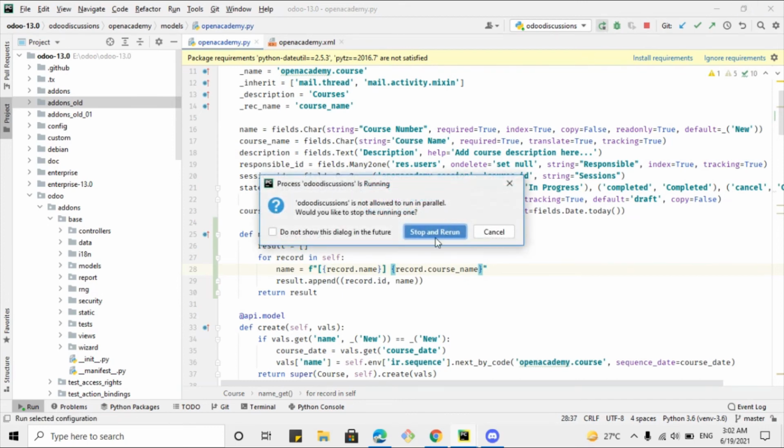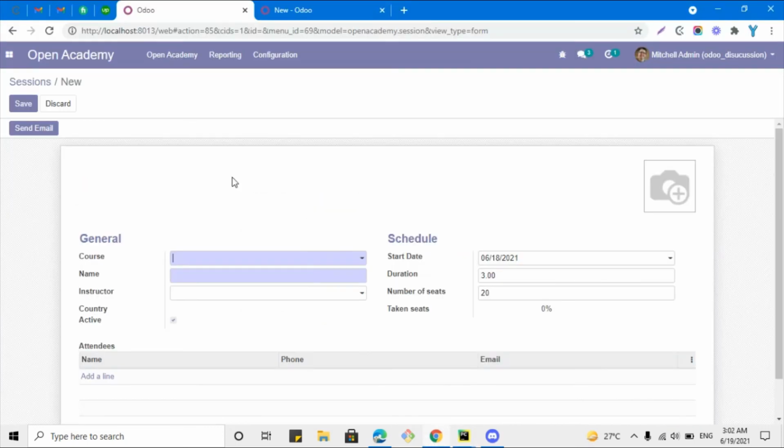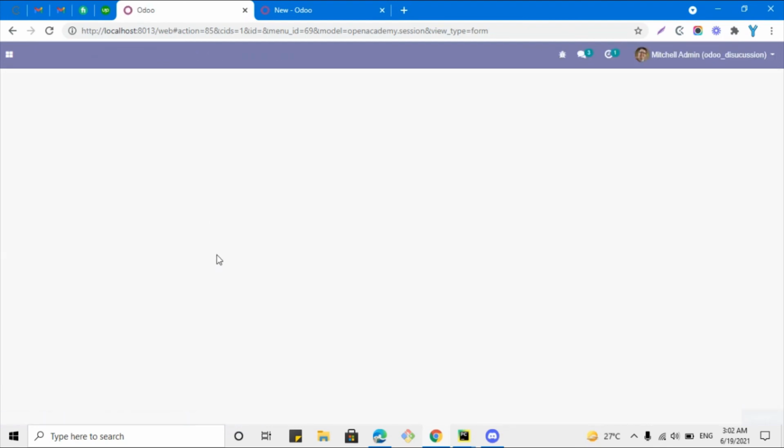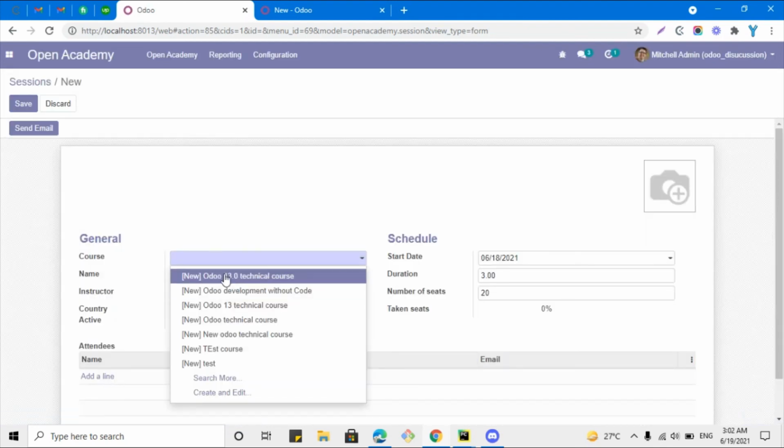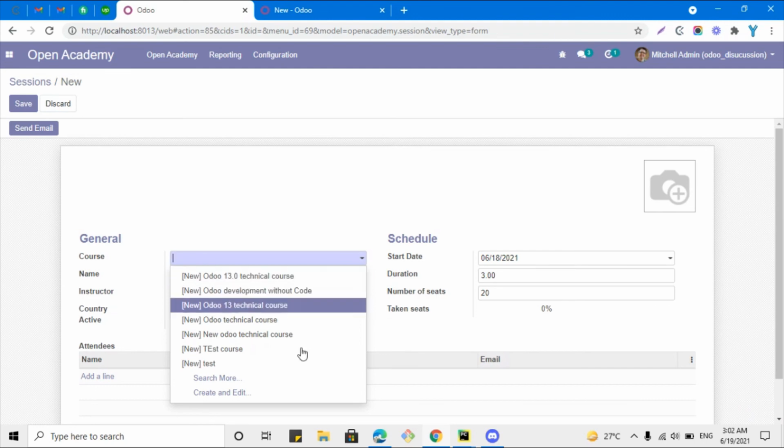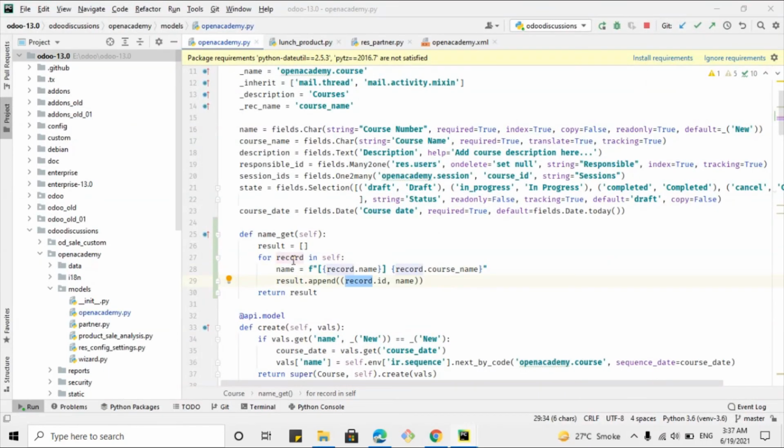Let me restart the service and then refresh this view, and then we will be able to see the change. Here we can see that it has been changed with the new brackets, and you can use string formatting like this. So this is how you can combine the values of two fields and show it as a single field in a many to one.